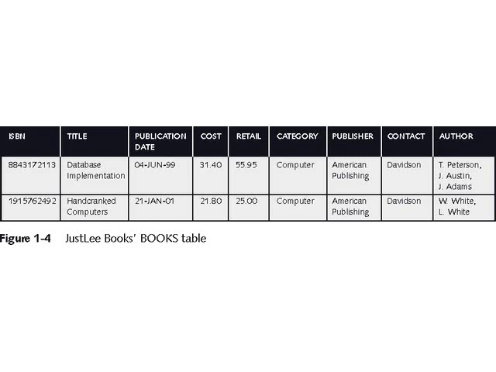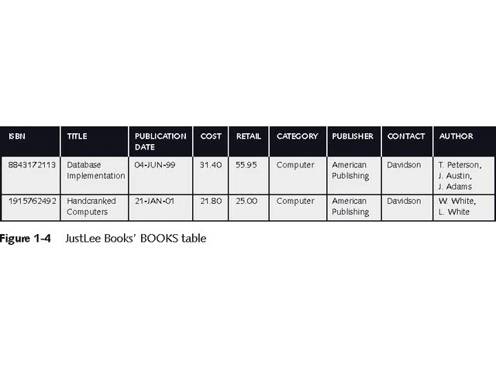And in the second row, you have W. White, L. White. Well, it looks strange. Why? Well, you have multiple values, multiple authors per row. So this is considered a non-normalized table. A non-normalized table means it is violating